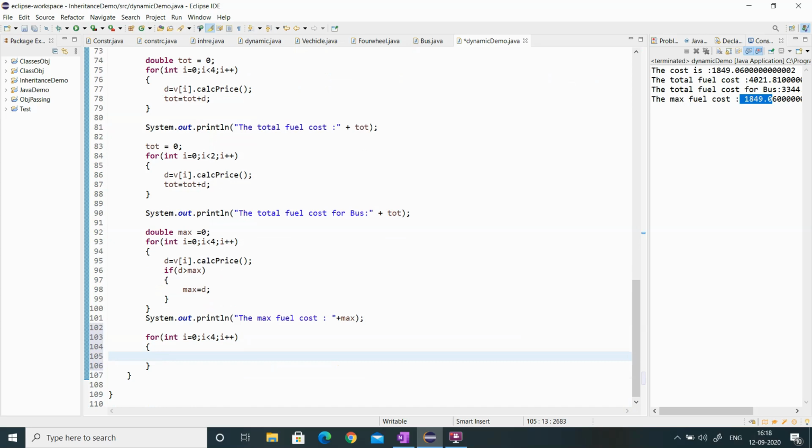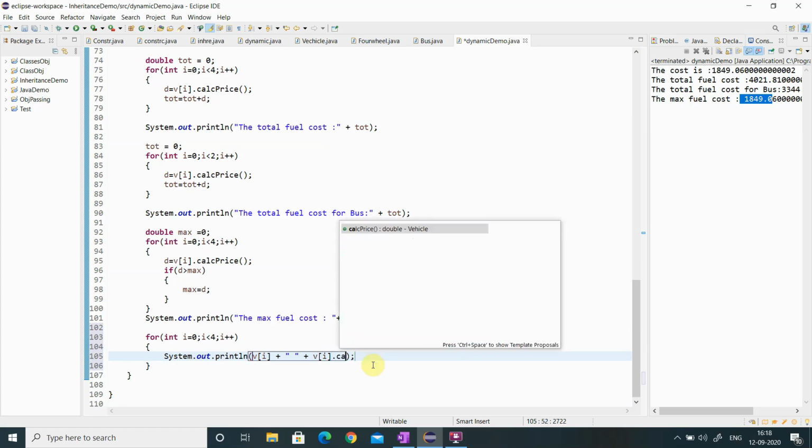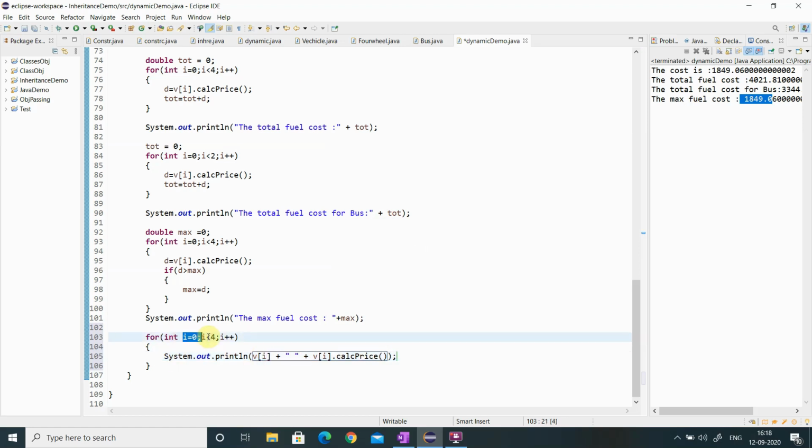I am going to print with System.out the object and the corresponding cost, like that for all the 4 objects, displaying what the object is and its corresponding fuel price.